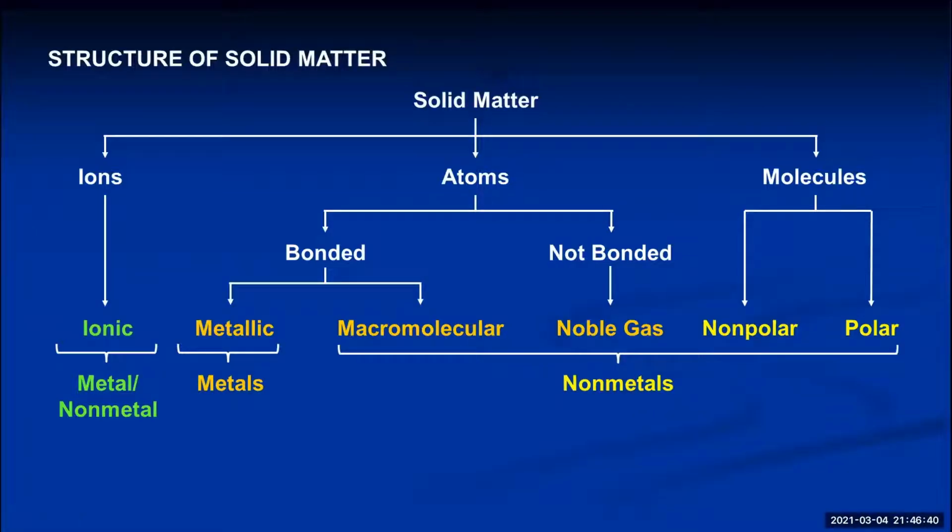So last time we started our discussion of solids and liquids, and we decided that we were going to break down all the solids that exist naturally into three categories based upon whether the solid is composed on the microscopic level of millions and millions of ions, millions and millions of atoms, or millions and millions of molecules. And if you have matter that's composed of millions and millions of ions, that is always an ionic substance. It would be a metal-nonmetal combination: sodium chloride, magnesium bromide, calcium sulfate.